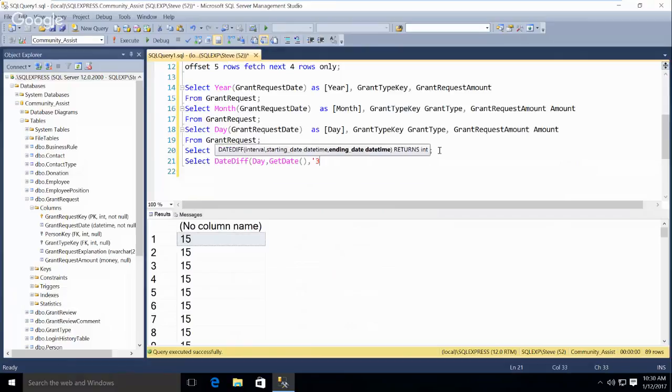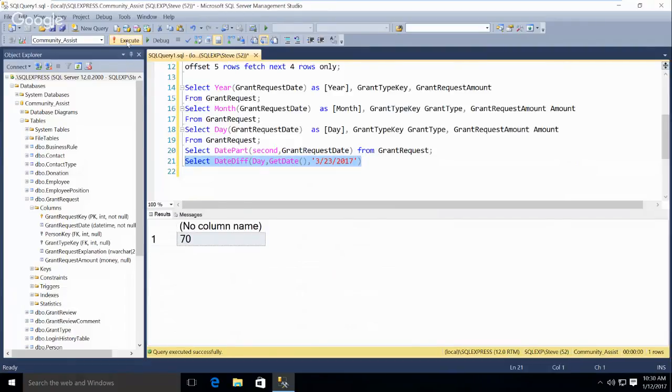So is it 3/23/2017? Now, if I have this backwards, it's going to give us a negative number. But theoretically, it knows how many days are left in the quarter. Yeah, 70 days left.